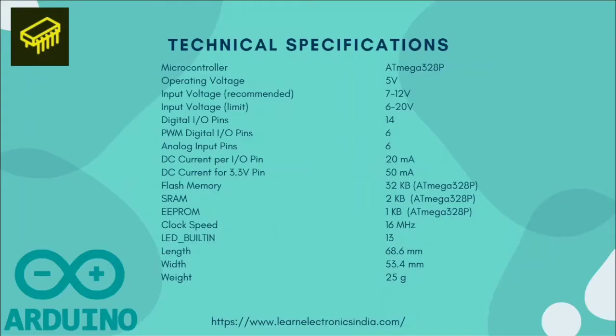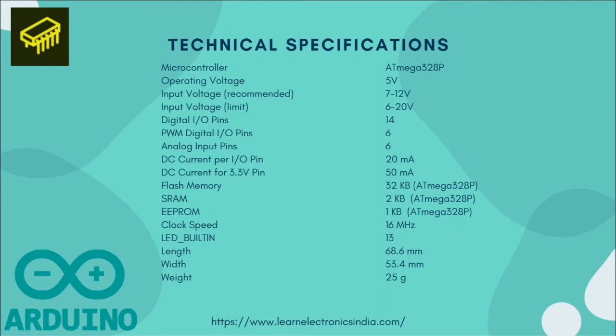Also you should know these basic technical specifications, because when you are doing Arduino based projects, during your exams or viva, these questions are asked. Also during interviews they sometimes ask what is the microcontroller used in Arduino Uno or what is its operating voltage. So you can see these technical specifications here. We have operating voltage as 5 volts. Then we have input voltages. Then we have how many digital or PWM pins there are, and how many analog inputs there are. So you should know these things perfectly.